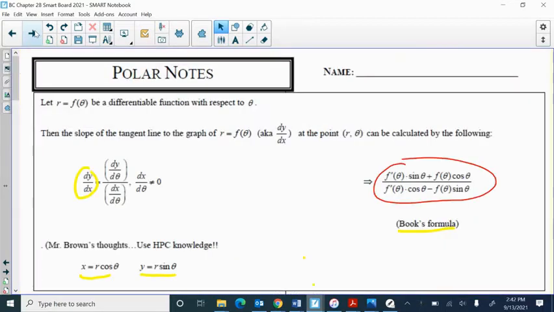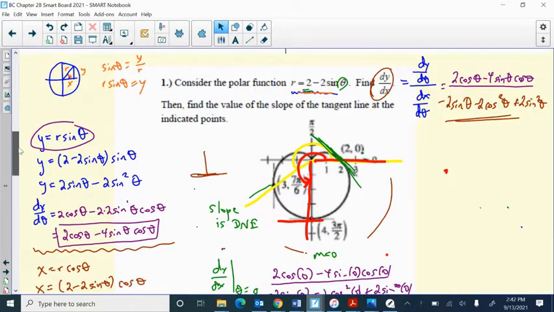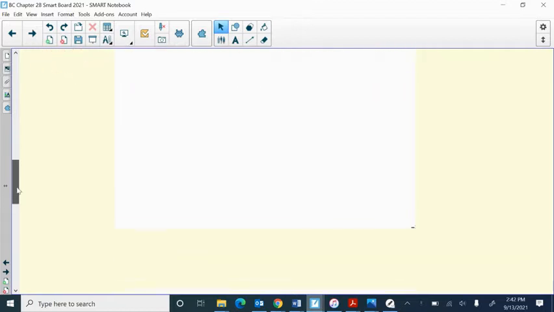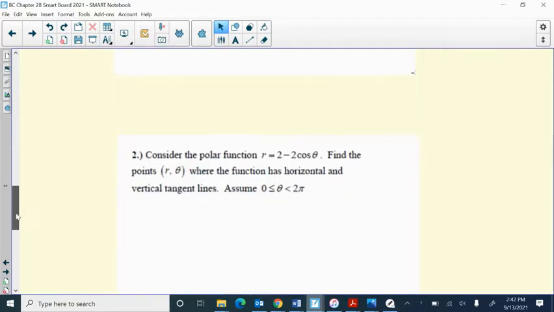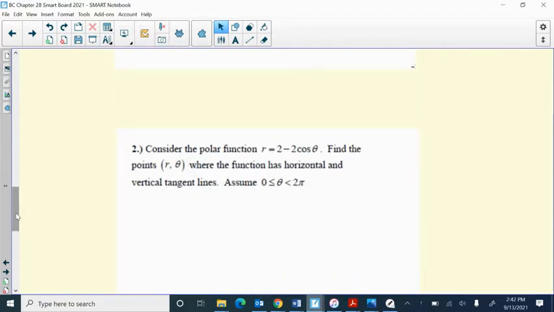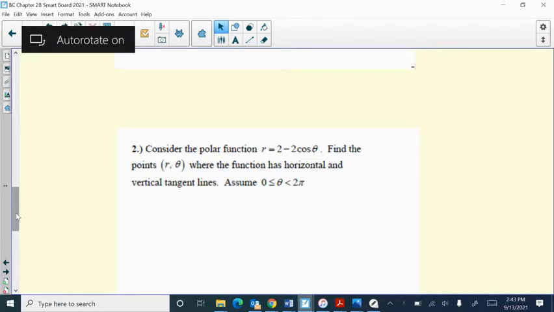Okay, so I want to look at then that second example for polar functions. And so, it just says here, it's actually the same structure. It's a polar cardioid. It says find where there's a horizontal and a vertical tangent line. And so, again, thinking about parametrics, that happens when either the numerator or the denominator is equal to